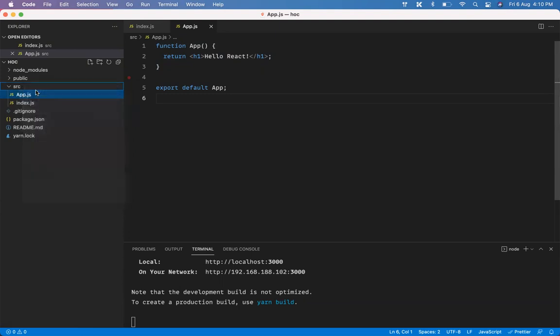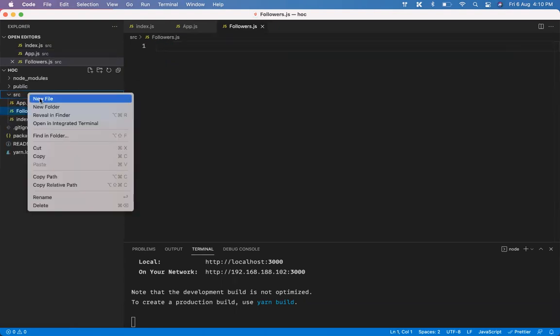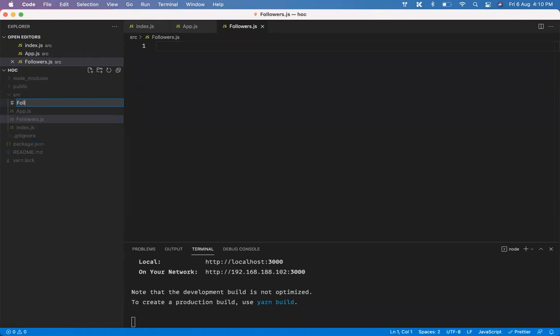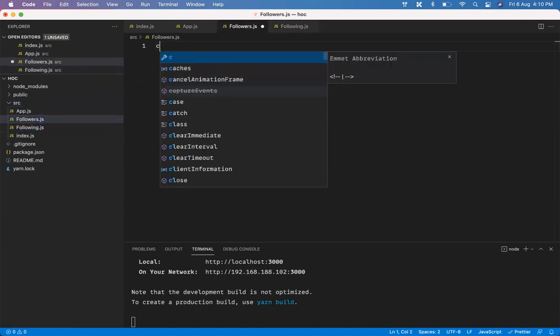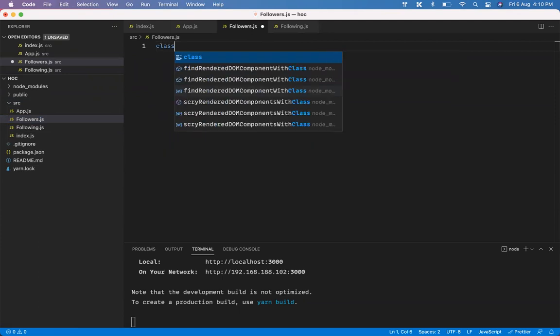So first thing I'm going to do is to create two components, followers.js and following.js. And in followers, let's just create the first one. So I'm just going to create a class component. Why? Because we need state, obviously.